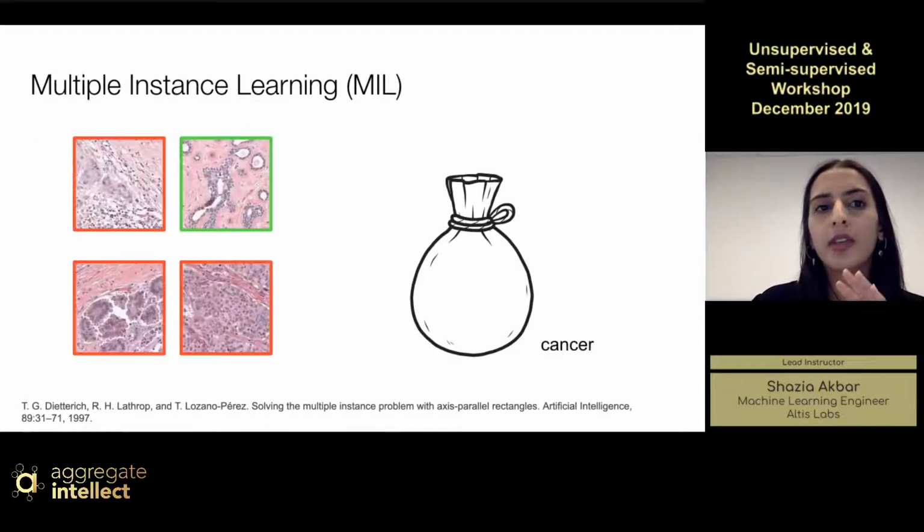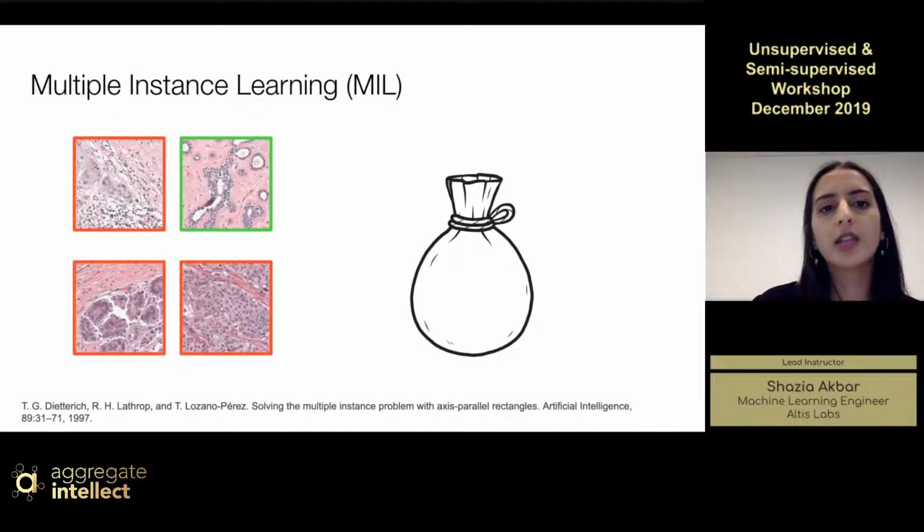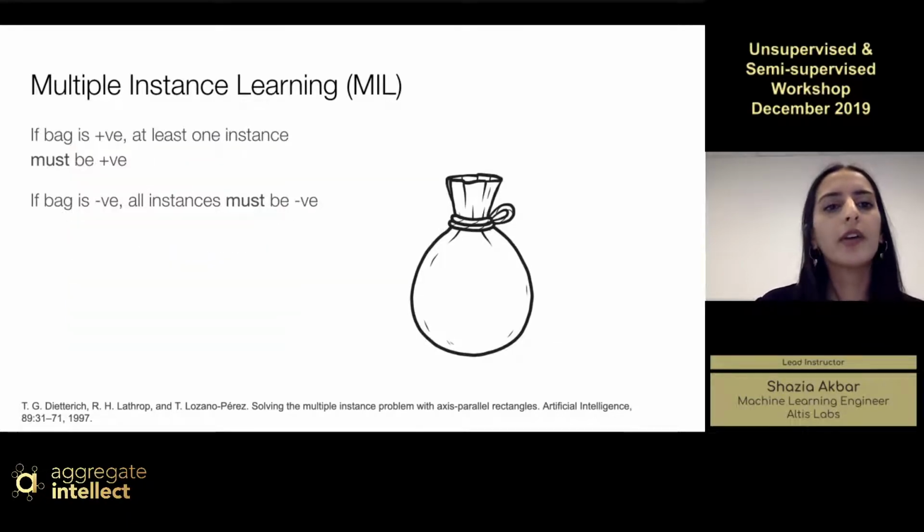Now, this was originally proposed for a binary classification problem, with positive and negative instances. Here, positive instance refers to cancer, negative instance refers to healthy. There were two conditions attached to that binary problem. One was that if a bag was labeled as positive, in other words, cancerous, at least one instance within that bag had to contain cancer, and the rest could be healthy. However, if I labeled a bag as negative or healthy, then all of the instances within that bag had to be healthy. And by doing that, you're constraining your problem